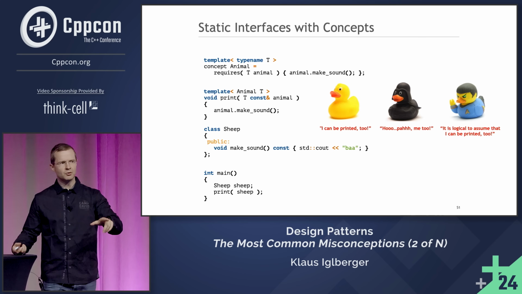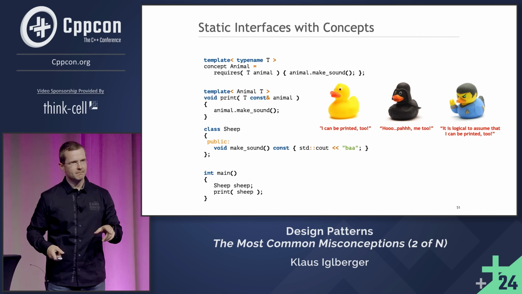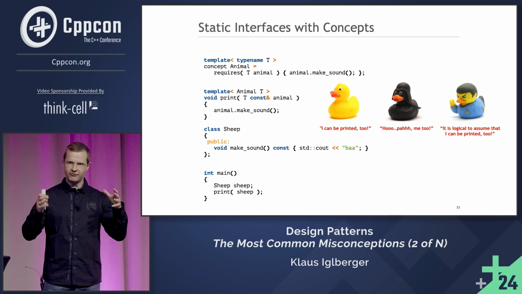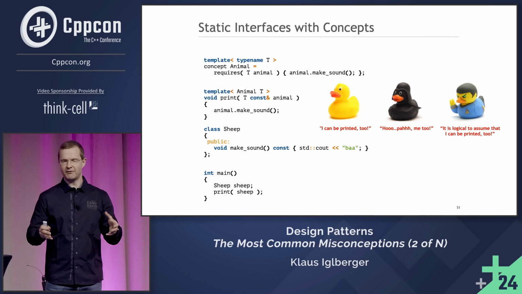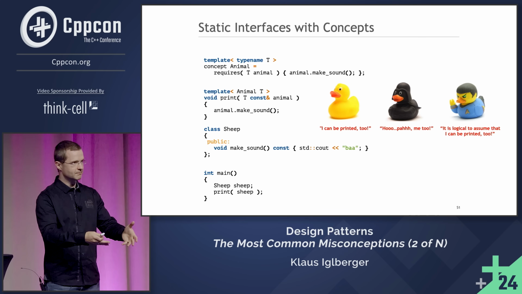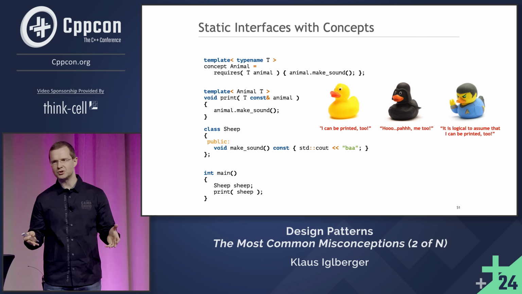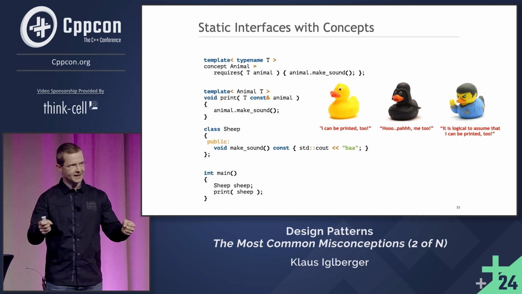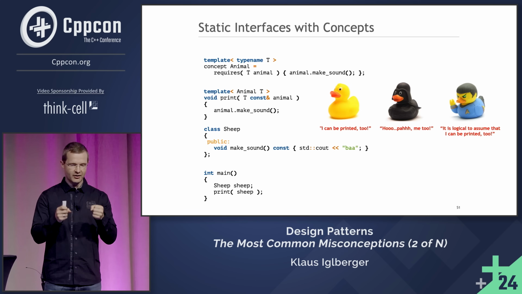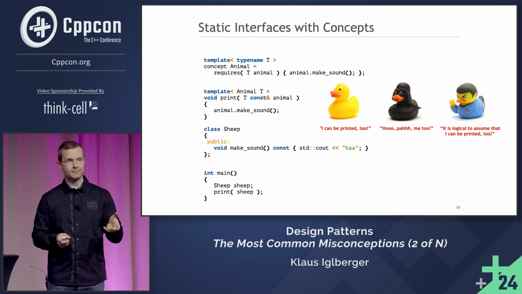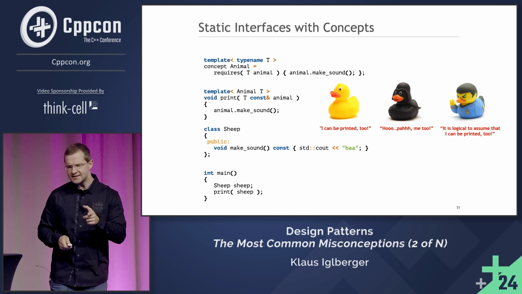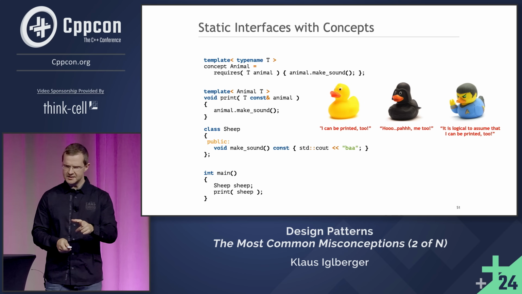But no, this is not what CRTP is for. In CRTP, you define a family of types. A family that you opt in explicitly, which you usually in real life might not be able to do, but in here, in code, it is possible. And you want to have a set of types that you can control. So that is not a replacement for CRTP. This is something else.